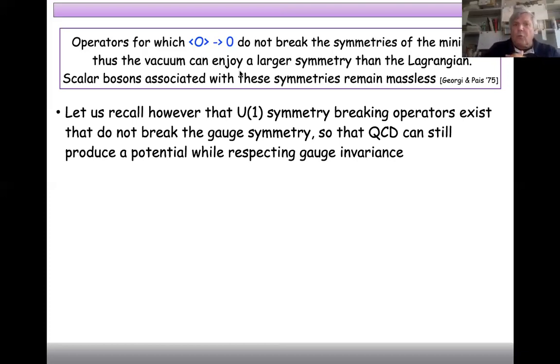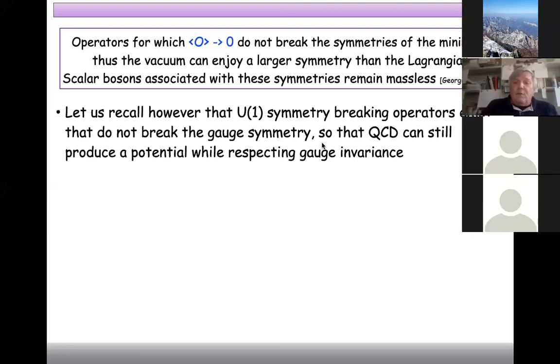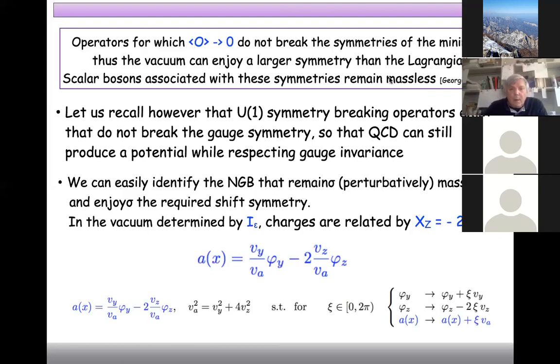We should also recall that U1 symmetry breaking operators exist. I can write them in the Lagrangian. So they do not break the gauge symmetry. This means that QCD can still produce a potential that, while respecting gauge invariance, will give a mass to these massless bosons, because operators that break the symmetry can be written down in a gauge invariant way. So we can easily identify the Nambu-Goldstone boson, I use the same name, that remains perturbatively massless and